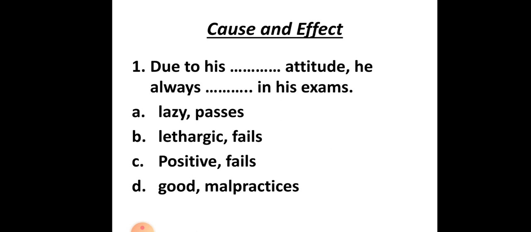Anyways, now if we look at all these four options, we have eliminated three of the options with the help of the combination that we have decided to write. We have decided to write either a positive plus positive word or a negative plus negative word. Now here option B is the correct answer, due to his lethargic attitude. He always fails in his exams because he is very lazy. He doesn't prepare. He doesn't give importance to exams. He always prepares late, and then he fails, because that leads to the failure in the exam. Hope you have understood cause and effect.